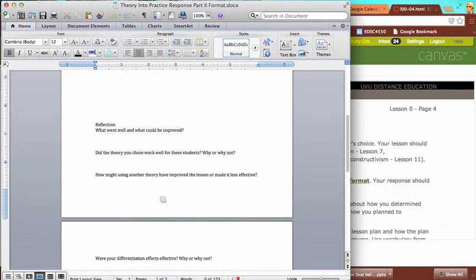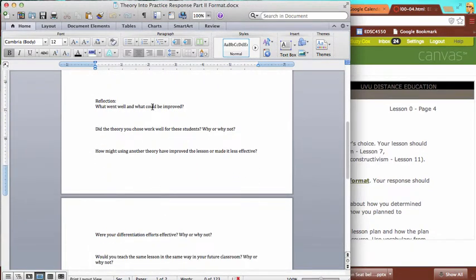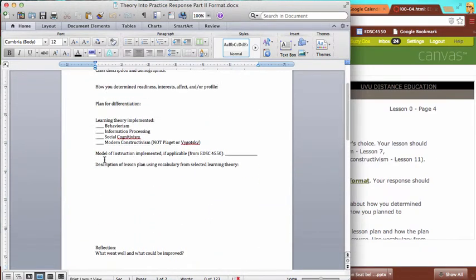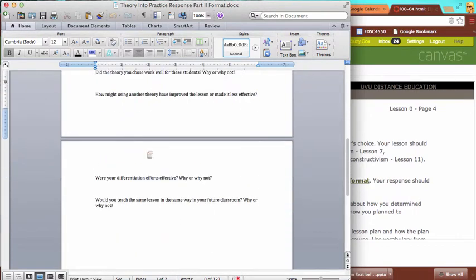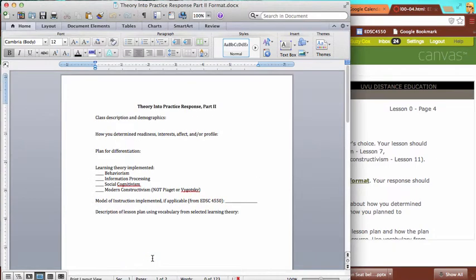Finally, and perhaps most importantly, come down here and answer these reflection questions. We really care a lot about this one. How might using another theory have improved the lesson or made it less effective? So if you tried using behaviorism and it ended up feeling like you were just coercing your students and dragging them through the mud and they got a really superficial level of learning, maybe modern constructivism would have worked differently. And if you'd used it, what might that have looked like? Okay? All right, so you just write your responses to all of these questions, and then in the